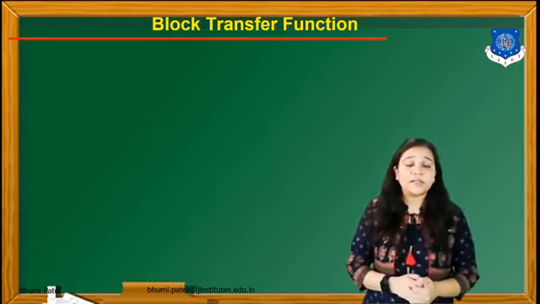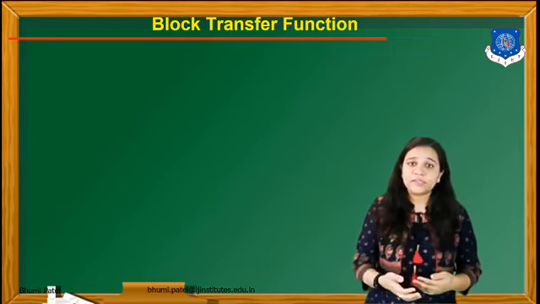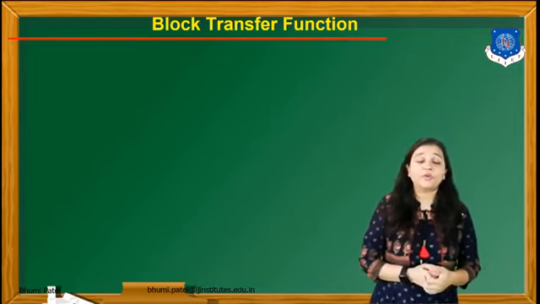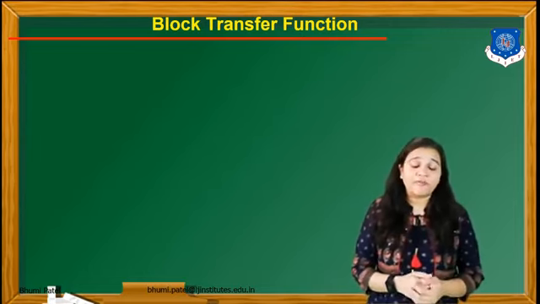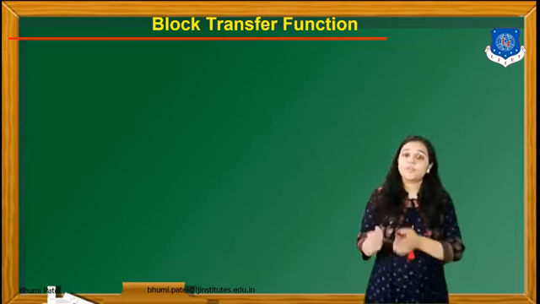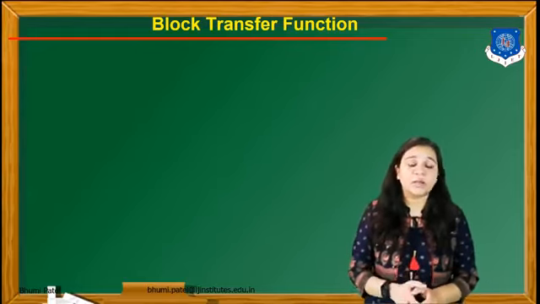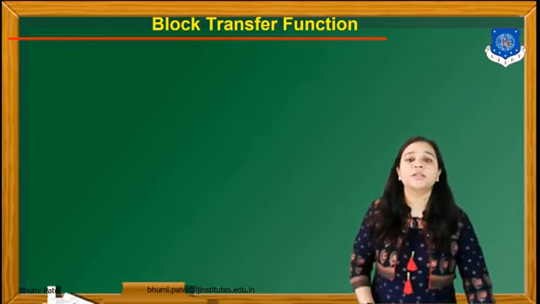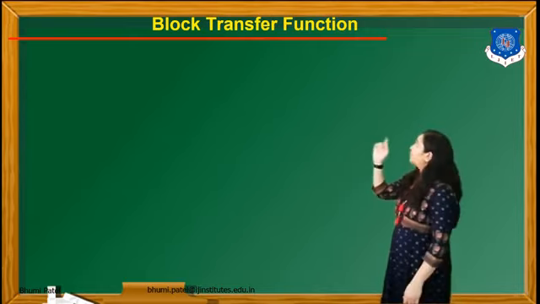In the addition example, we have to use the move function before the addition program, and after the addition command is executed we have to use the move block again, because after the addition we get the answer in the format of the sum and the carry. So we have to save the sum in one destination address and the carry in another address. Now today's topic is the block transfer function.